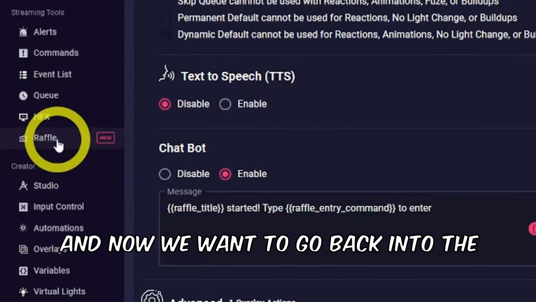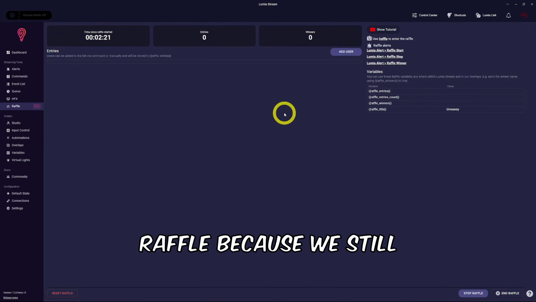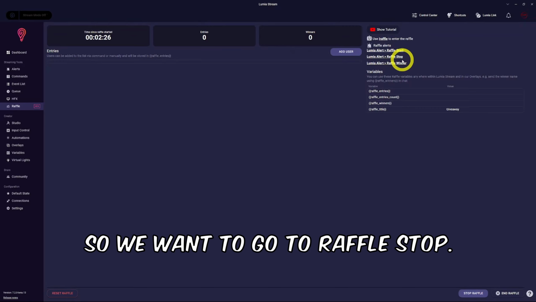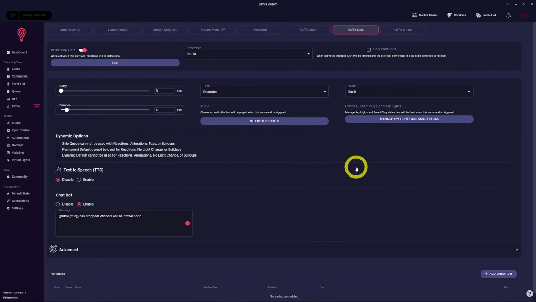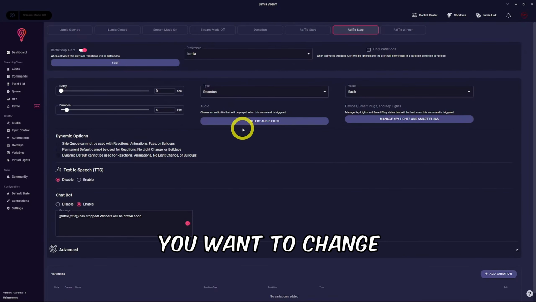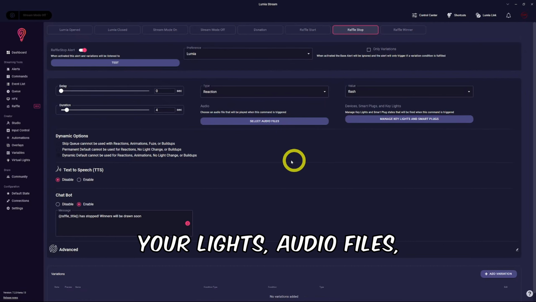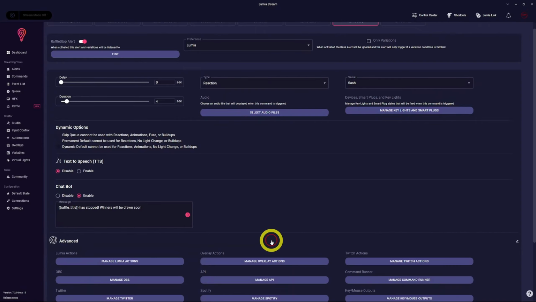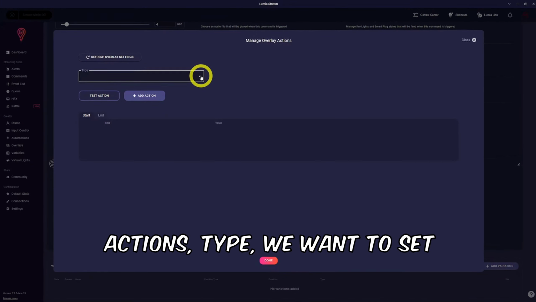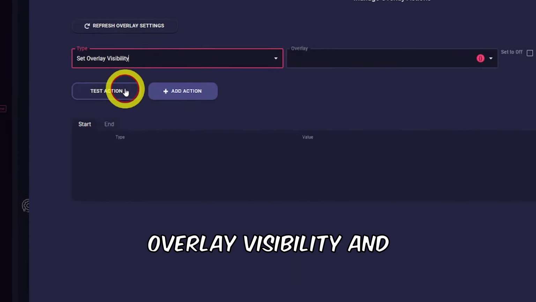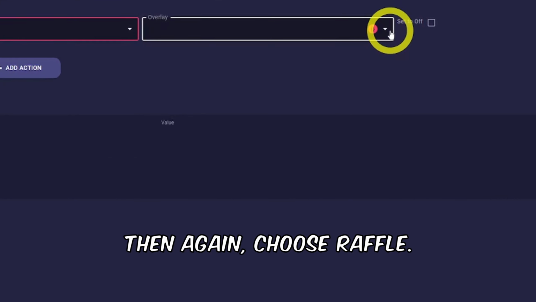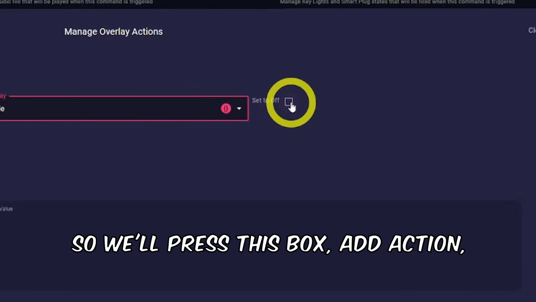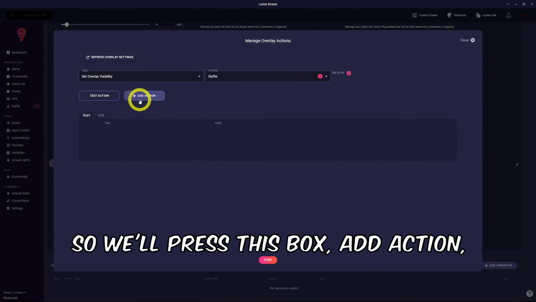And now we want to go back into the Raffle because we still want it to show when we want to stop the Raffle. So we want to go to Raffle stop. Again, you can change anything in here if you want to change your lights, audio files, chatbot, TTS. But what we want to go to is advanced again. Manage overlay actions. Type, we want to set overlay visibility, and then again choose Raffle. And now this time we want to set this to on, so we'll press this box, add action,